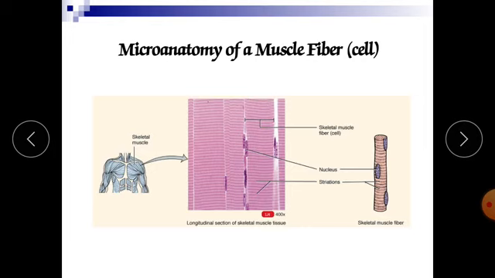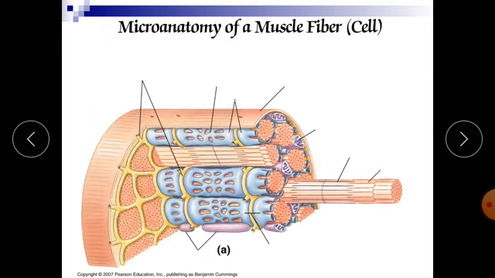Now here in this microscopy of the muscle fiber, you can see these are the skeletal muscle fibers, and this is the nucleus, and these are the striations. The striations you will get in the case of skeletal muscle as well as in cardiac muscle. Now, in the microanatomy of the muscle fibers, here you can see